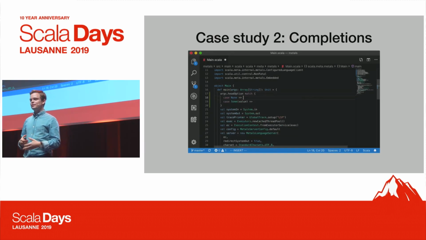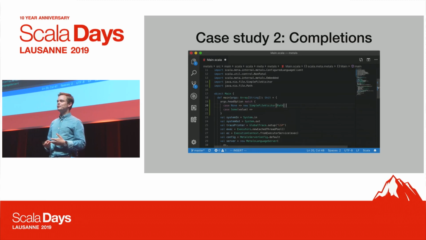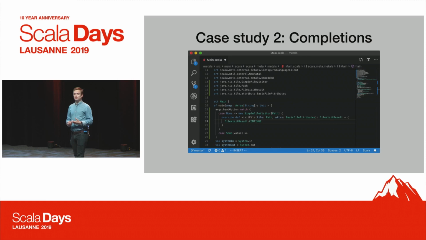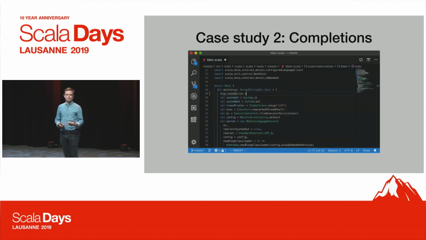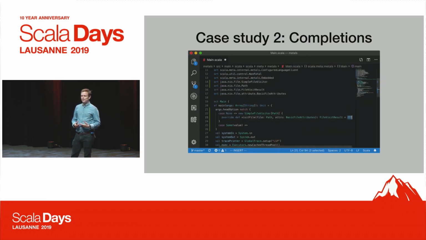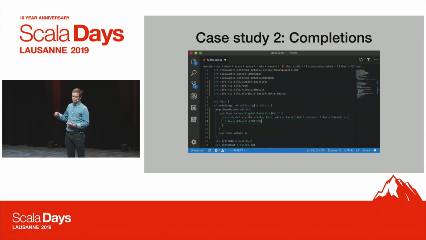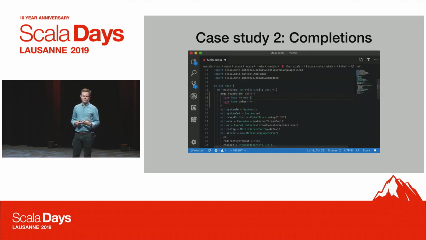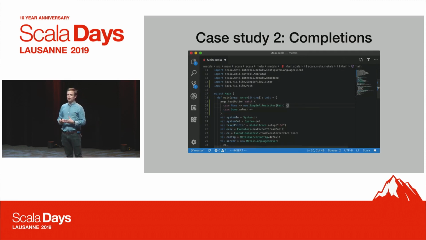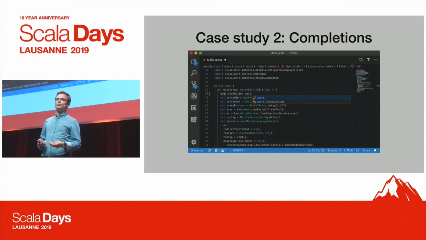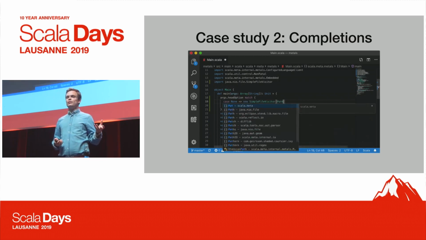And the second one is a feature that I think everyone cared deeply about, completions. So I'd been working on Metals, I think, for 7 months, and I wasn't using it for my day-to-day development. I was still using IntelliJ because we were missing completions. But once we had completions, along with parameter hints, which are the ones that show you the parameters that you're filling in, and also being able to show the types, these all three came together in one release. I was able to switch, and I haven't really even had the urge to go back for a lot of reasons, but mostly because they're just really good and relevant, and they're really fast.